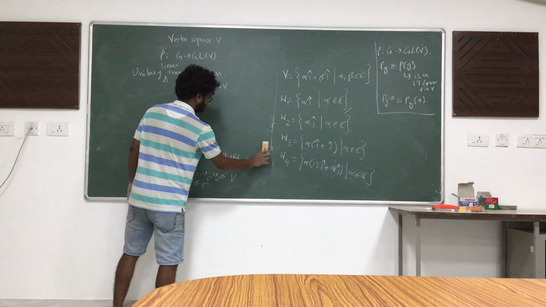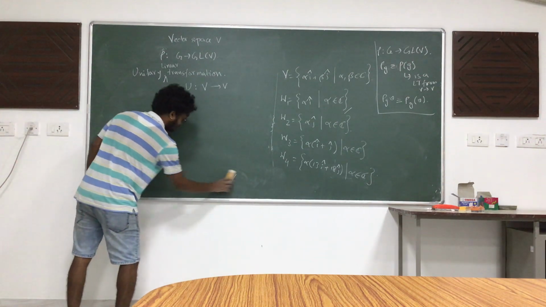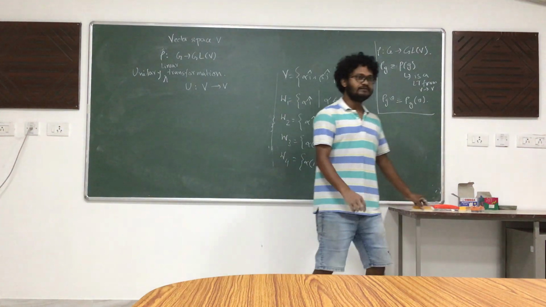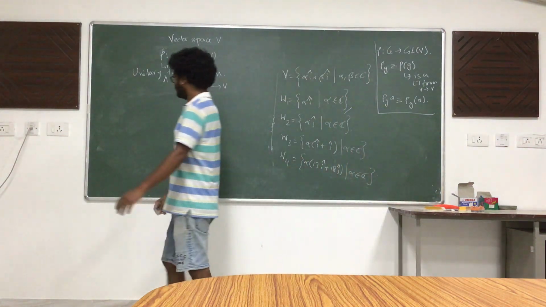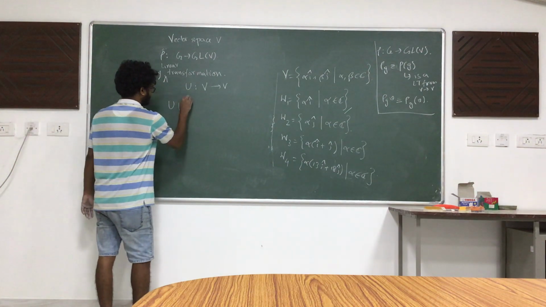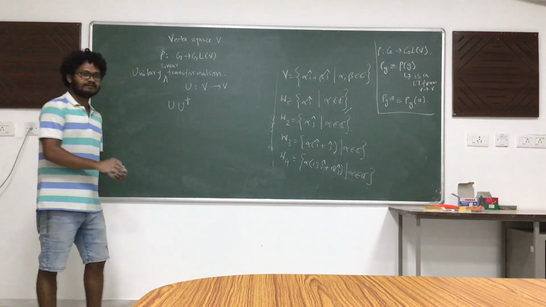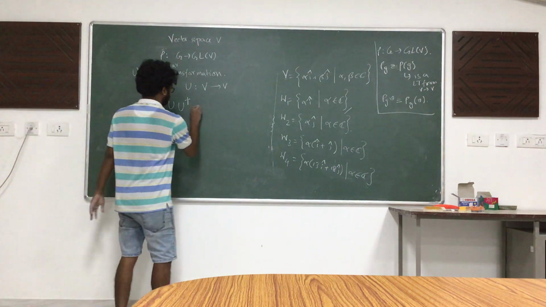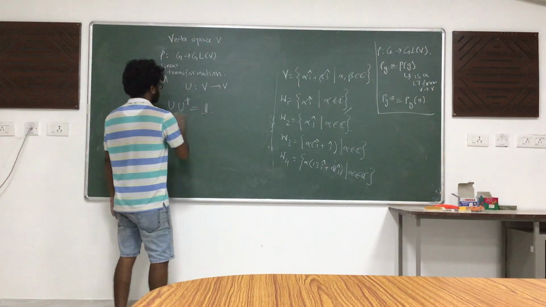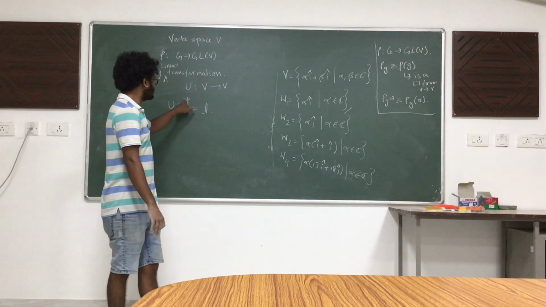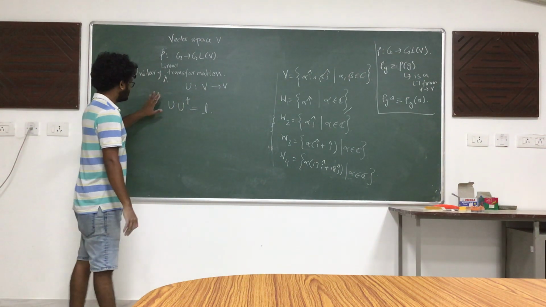You are saying U dagger U is identity. But this is a very special case scenario, where the dagger, complex conjugation and transpose, applies only when